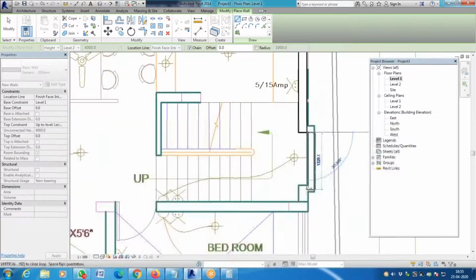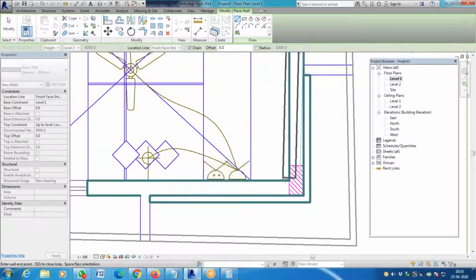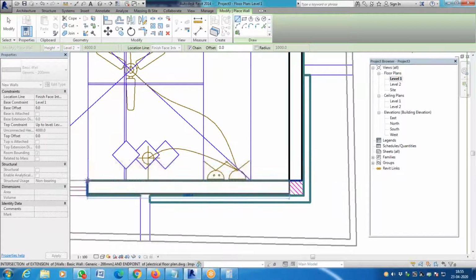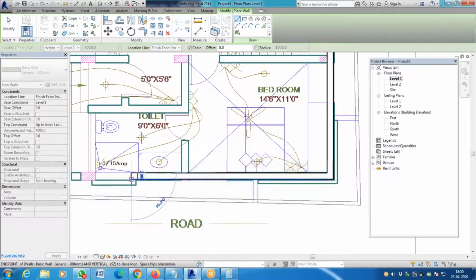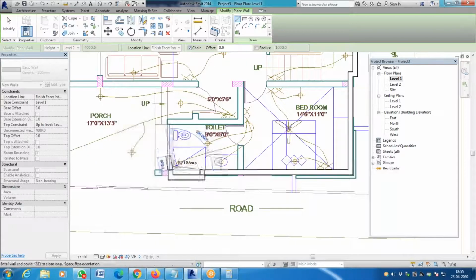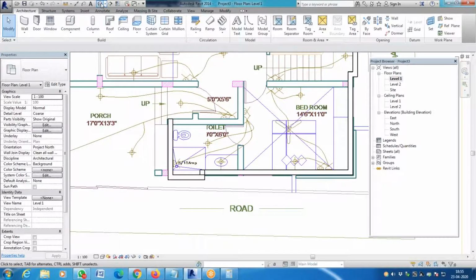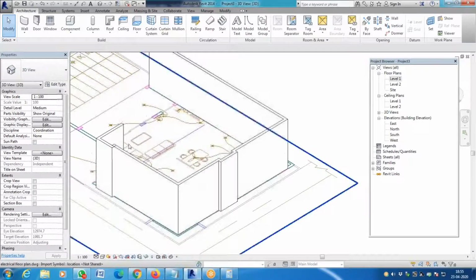So you can continue drawing the wall like this, and that's all. Once you do this, you can go to 3D and see how the wall is drawn on